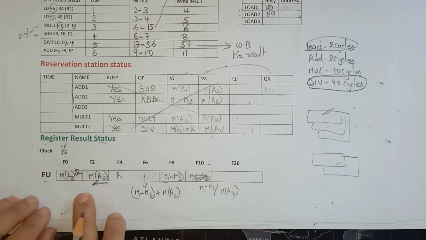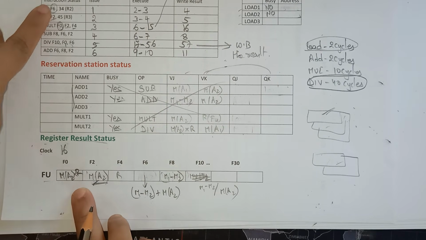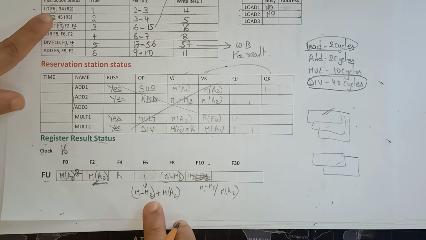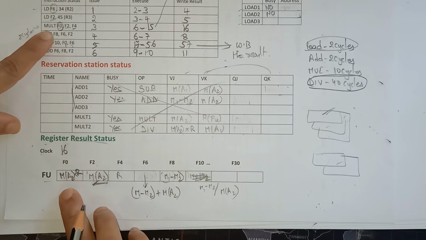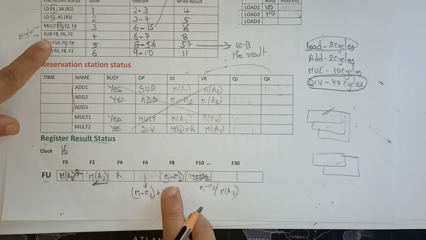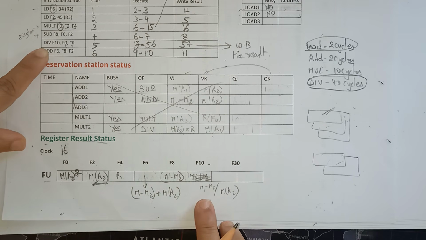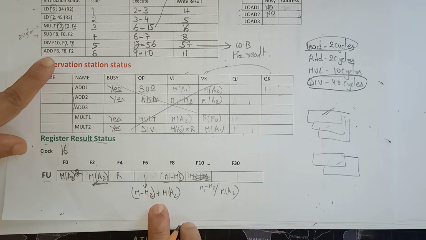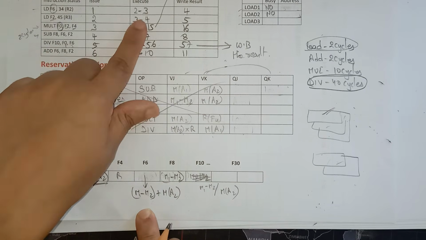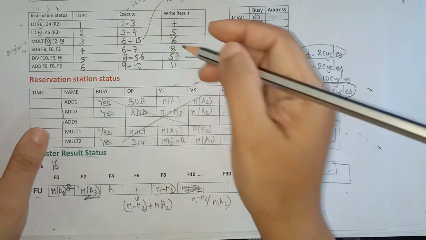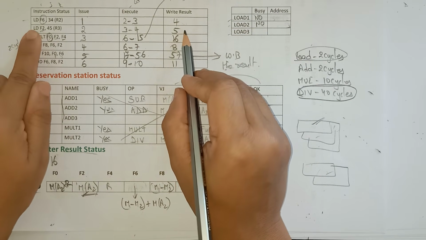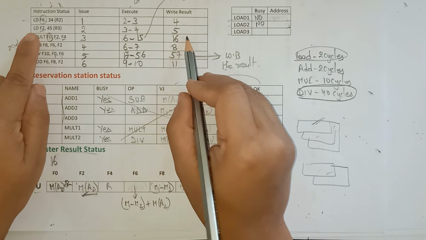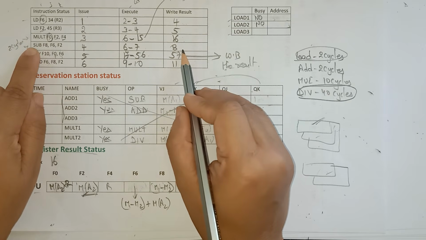The register result status contains the exact values. So F6 is holding M1 minus M2 plus M of A2, and F2 is holding M of A2, and F0 is holding M of A2 into R, and F8 is holding M1 minus M2, and F10 is M1 minus M2 divided by M A2. So, in total how many clock cycles are taken, and at what clock cycles are the values written? Load 1 at the 4th clock cycle, load 2 at the 5th clock cycle, and the multiplier at the 16th clock cycle. So, like that,